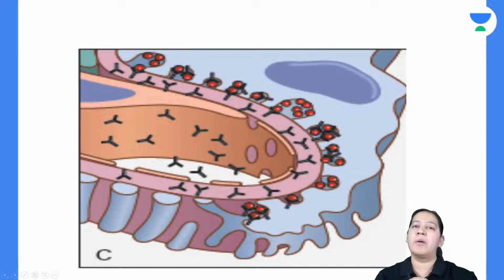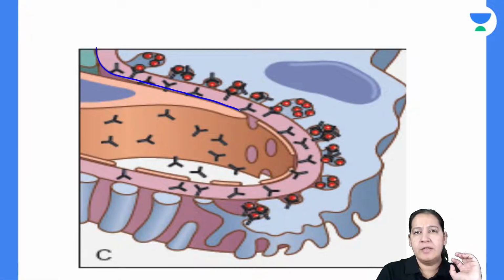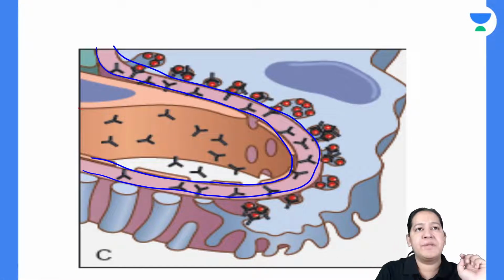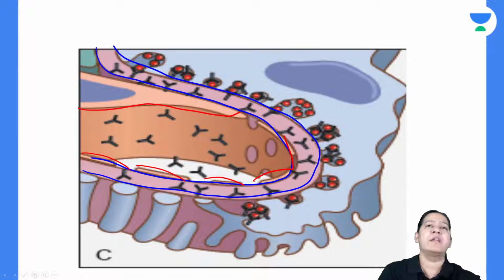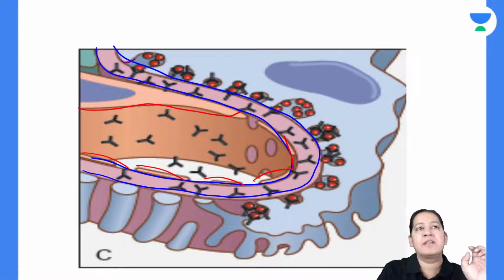You can see the same diagram from Robbins which I have drawn for you. Beautiful diagram. Can you see in the center, this is the basement membrane, the pink one. I'm drawing the margin with blue color. Can you appreciate the basement membrane? Of course, you all can see the basement membrane. On one side of the basement membrane, you can appreciate this is the endothelial cell. These are the endothelial cells, the flattened ones. These are multiple endothelial cells, right? On the other side of the basement membrane, you can appreciate these are the podocytes. These are the visceral epithelial cells or podocytes.